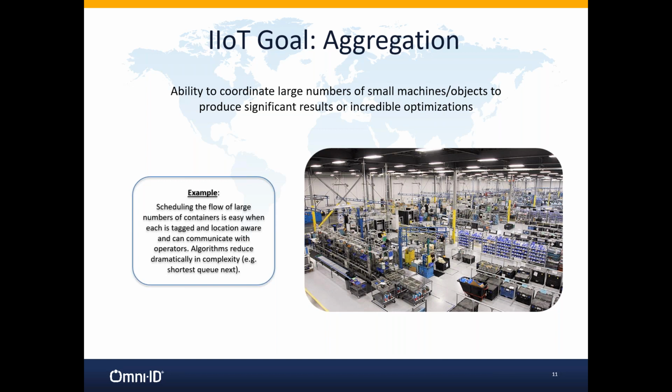But aggregation from a plant floor perspective is very similar to what we're seeing in those consumer devices, where now you have everyone carrying 1, 2, 3 devices that need to be hooked up to the internet. That aggregation issue translates here into lots of material packed together in a very tight space. Being able to coordinate lots of material packed in a tight space, having them dance in a coordinated dance and get to the right places is a key goal of IoT, and it's solving it by having the devices talk